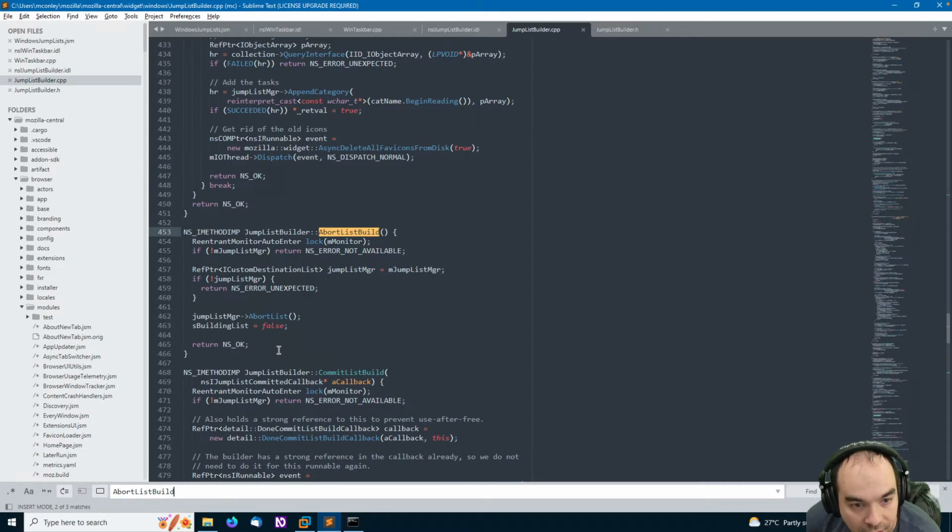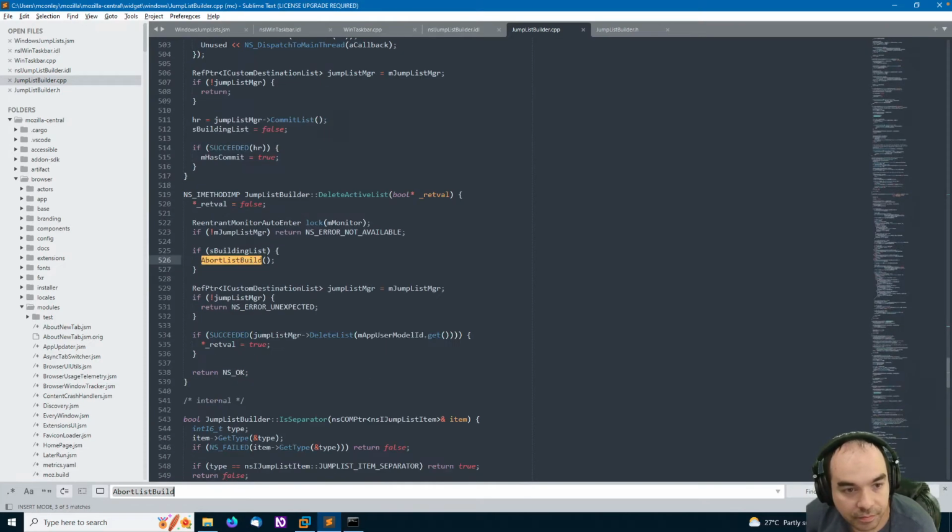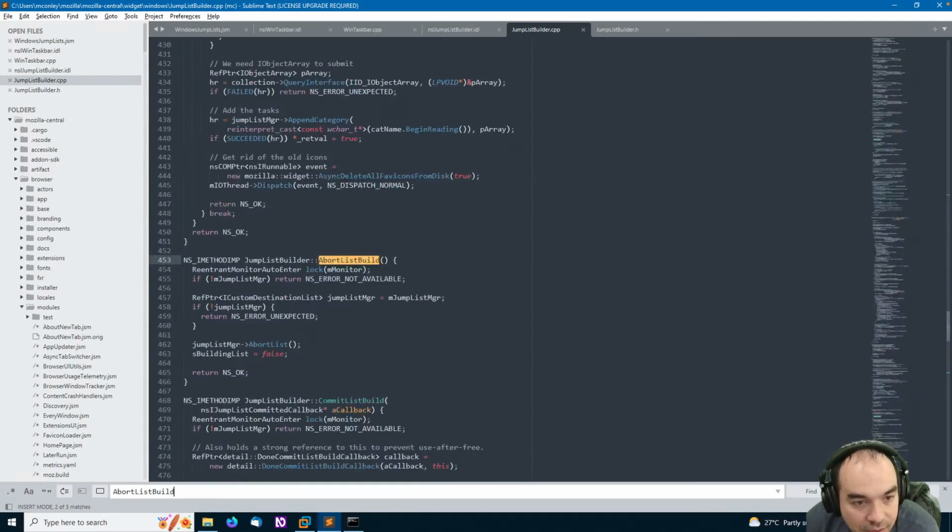Okay. And this is also on the main thread. And it calls abort list build, which also takes that lock. What exactly does abort list build do that's so interesting?